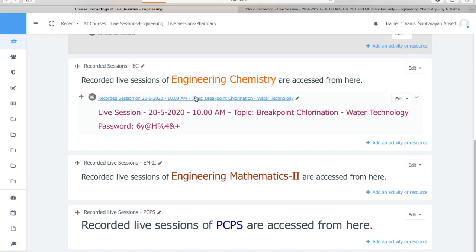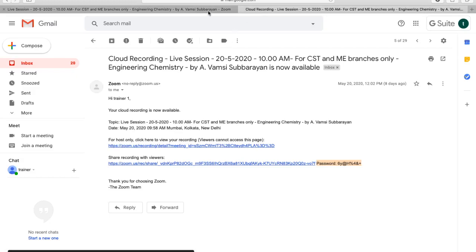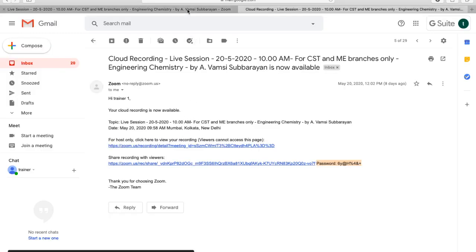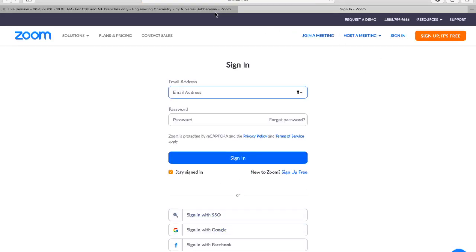Click on this. The students will see this. Since I already opened it, it was opened like this. But normally what happens is, it will ask you for the password, right? So this is how it will come. When the students click, what will happen? It will ask for the password. One needs to sign in with their